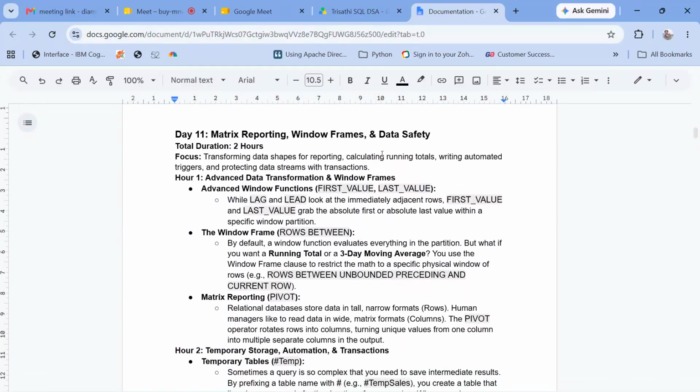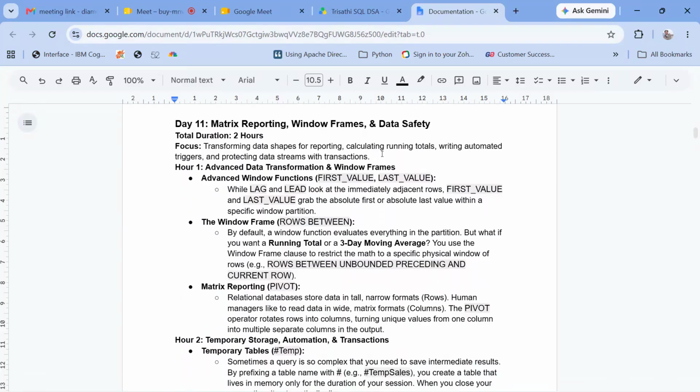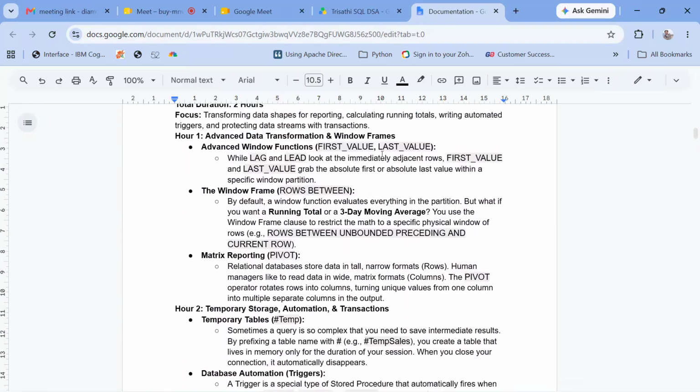So today we will be looking at matrix reporting, then some advanced transformations using window frames, and then we will also look at data safety as well. In today's session, basically, this is advanced data transformation and